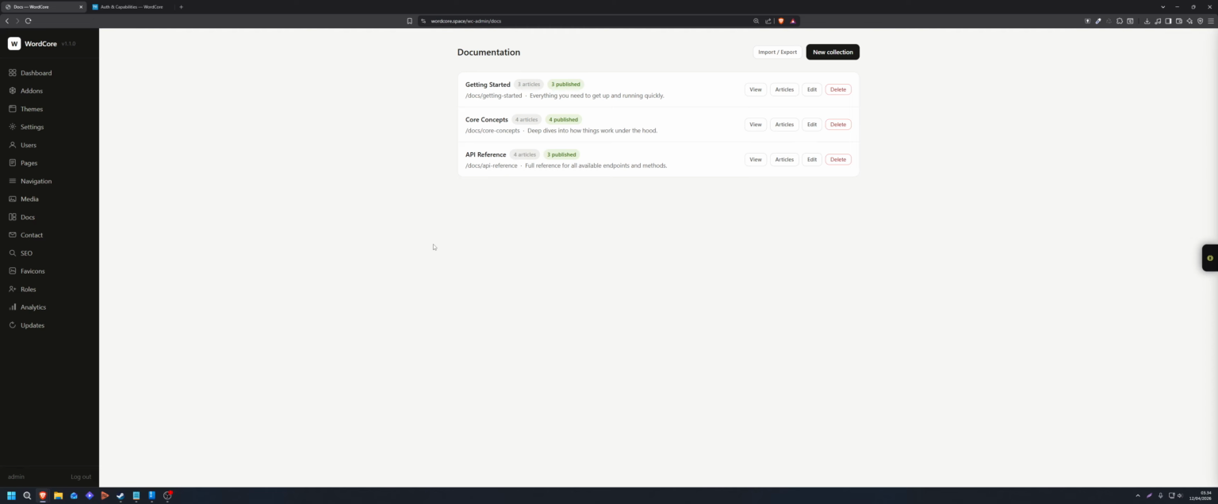If you don't want blocks, you just don't install blocks. If you don't want pages, you just don't install pages. If you don't want anything, I don't know why you'd install WordCore, but yeah. You can make anything with WordCore. Of course, you can with WordPress too, but the thing with WordPress is that